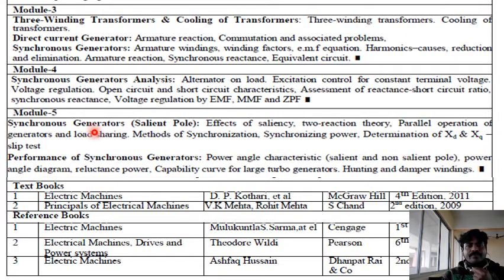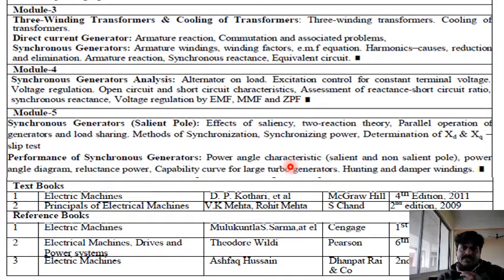And the fifth module, again here there are two parts. First part is synchronous generators, that is salient pole, effect of salient pole, two reaction theory, parallel operation of generators and load sharing, methods of synchronization, synchronizing power, determination of XD, XQ and slip test you are going to study. And second part is performance of synchronous generator, that is power angle characteristics, both types of generator, because